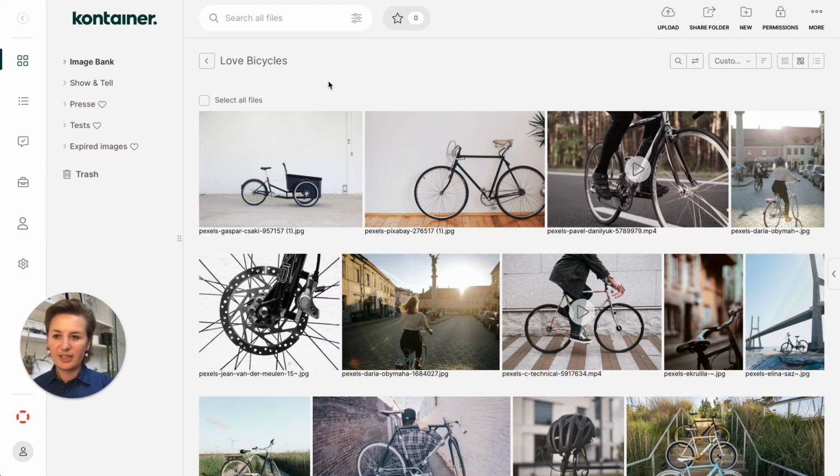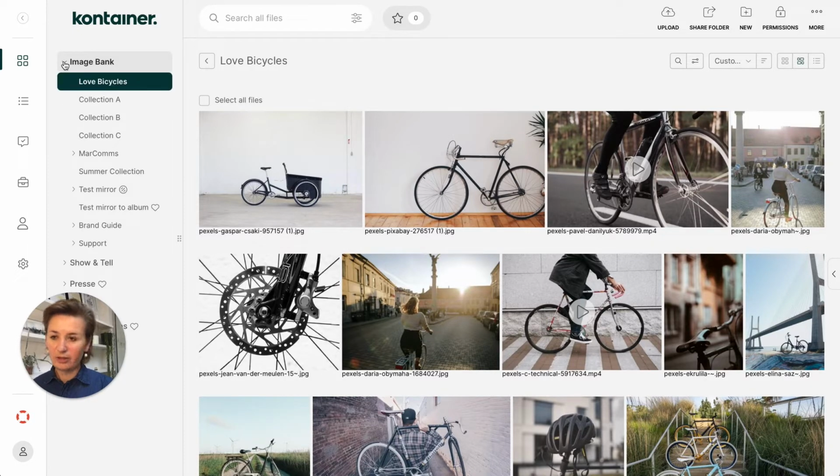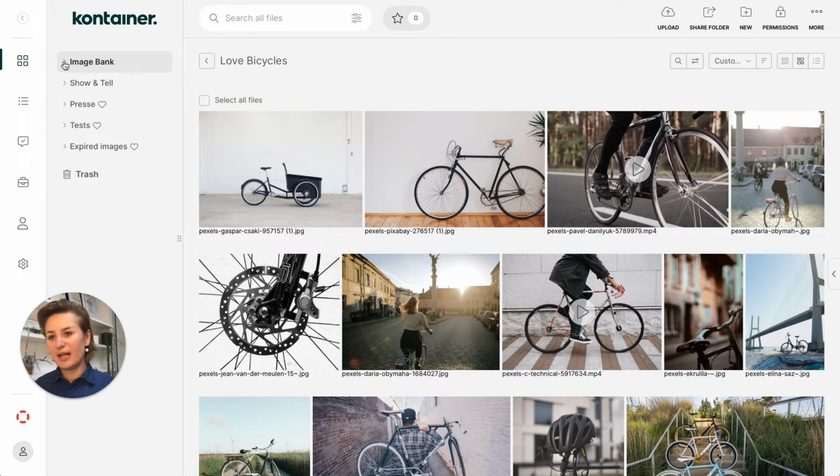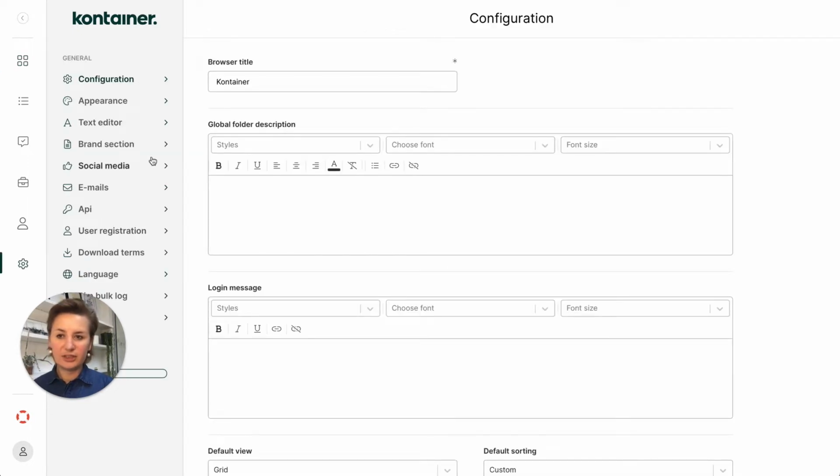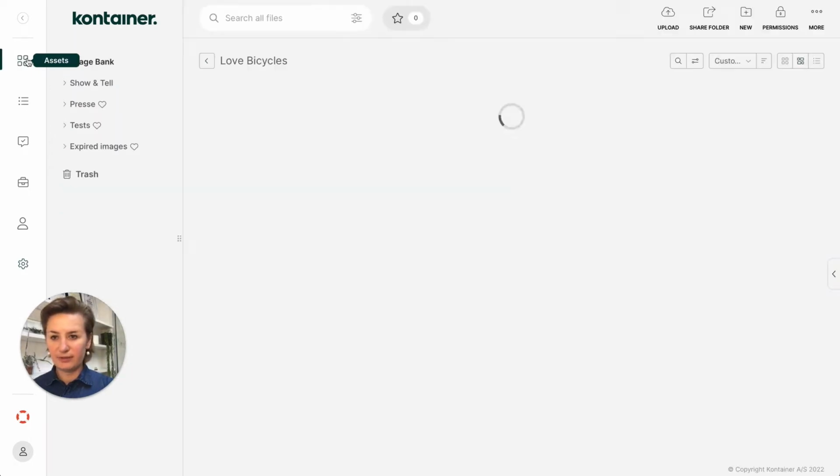Once logged into Container, you will find your folder structure out here on the left. This has already been set up by your company, probably in conversation with us. And remember that as an admin user, you can see everything. What your end users will see depends on what kind of access they've been given. If you need to change anything with the look and feel, you can do that on the far left in the admin menu under settings. Here you can change things like color, font, folder view, and so on. I won't go more into that now, but you can come back in here and have a look later on.